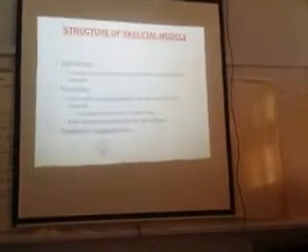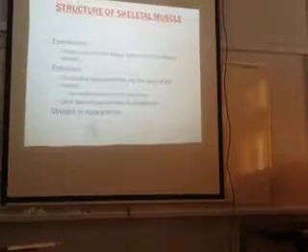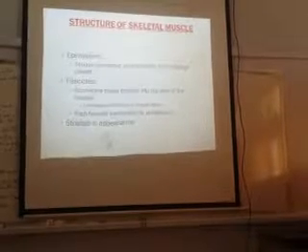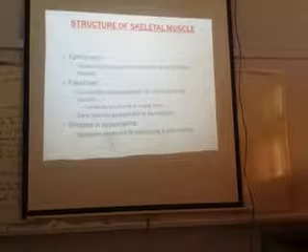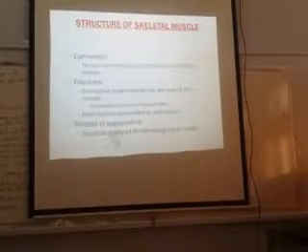Why do skeletal muscles have a striated appearance? What is the cause for striation? Due to the appearance of light and dark bands. Yes, good. So striations are produced by the alternating light and dark bands.